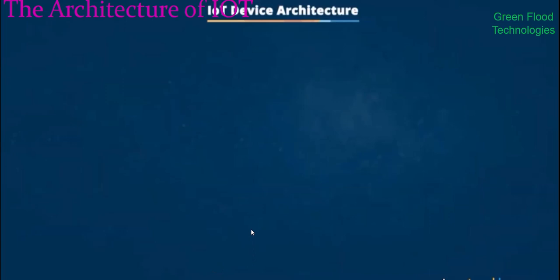So this is the Internet of Things architecture. We're going to see